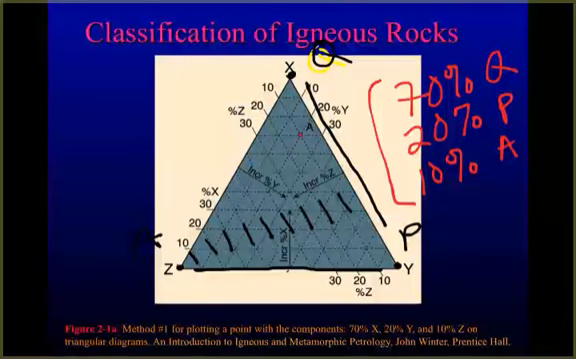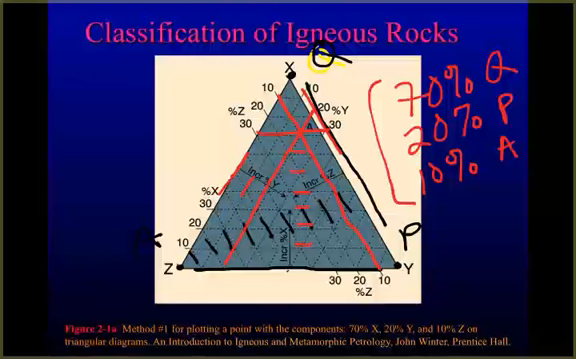If you have 10% A, there's A, this line is 0%. So the 10% line is this one, 10% alkali feldspar. 20% plagioclase would be, here's 0 plagioclase, 10, 20% plagioclase. And then 70% quartz. So 10, 20, 30, 40, 50, 60, 70% quartz. And what you end up with is,